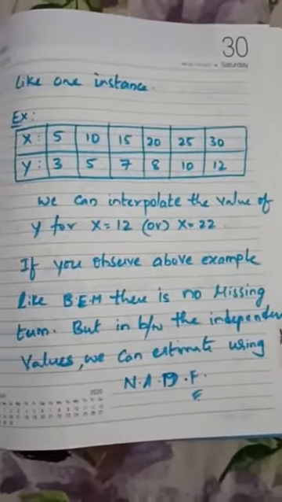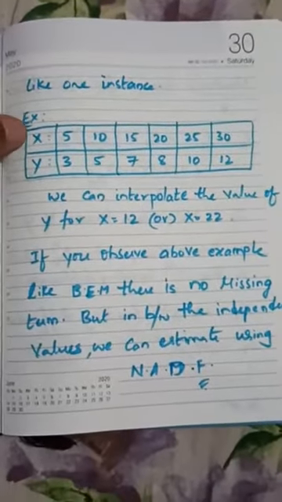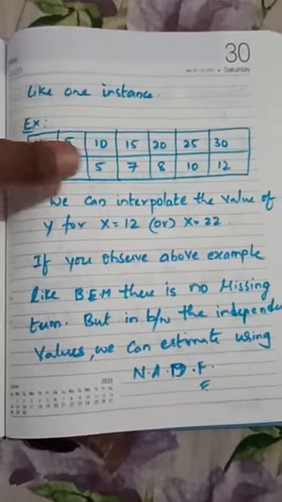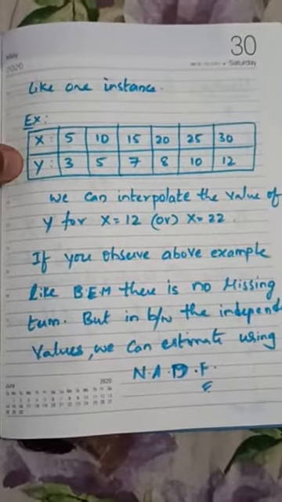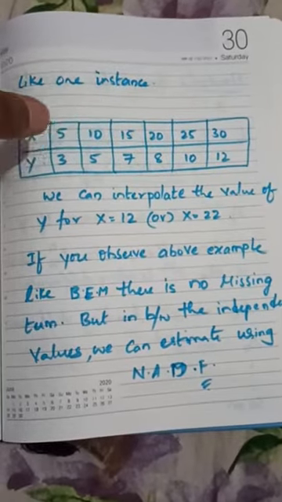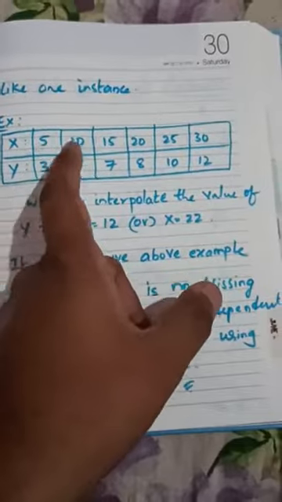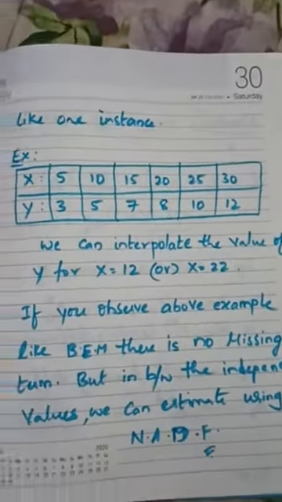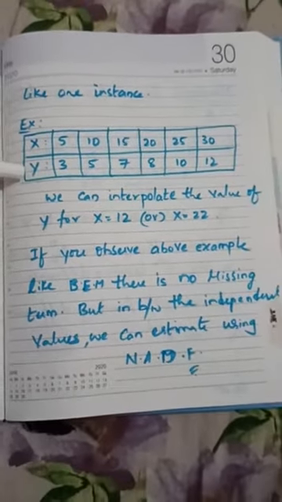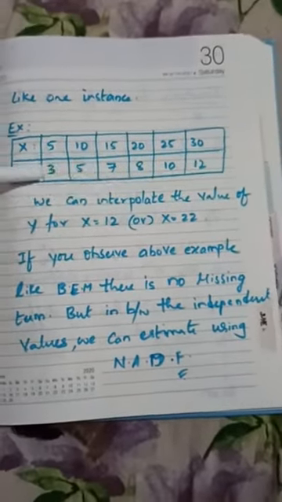Look here. This is the example. X and y values are both given. Now, could you observe any value missing here? No, right? And please observe the x. It is in increasing order, and at the same time with equal intervals: 5, 10, 15, 20, 25 and 30. So equal intervals are there, isn't it? And now see the y: no value is missing, all the values are clearly given.